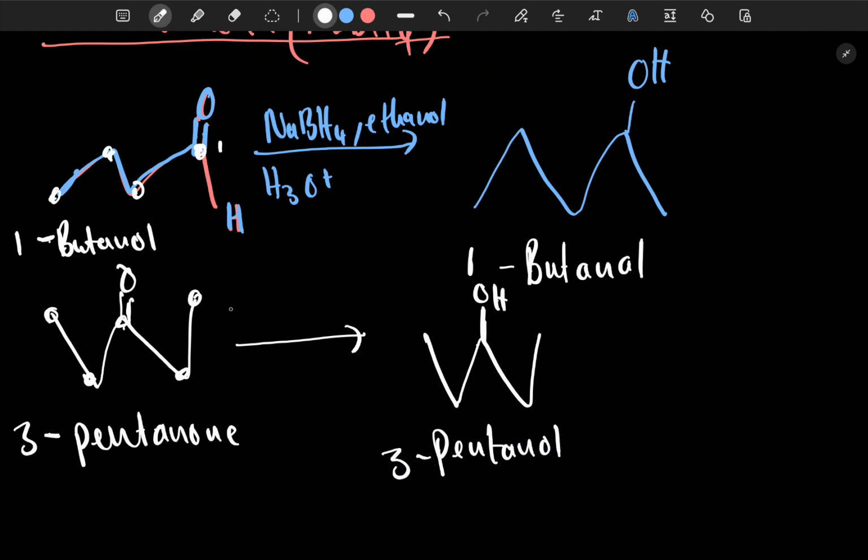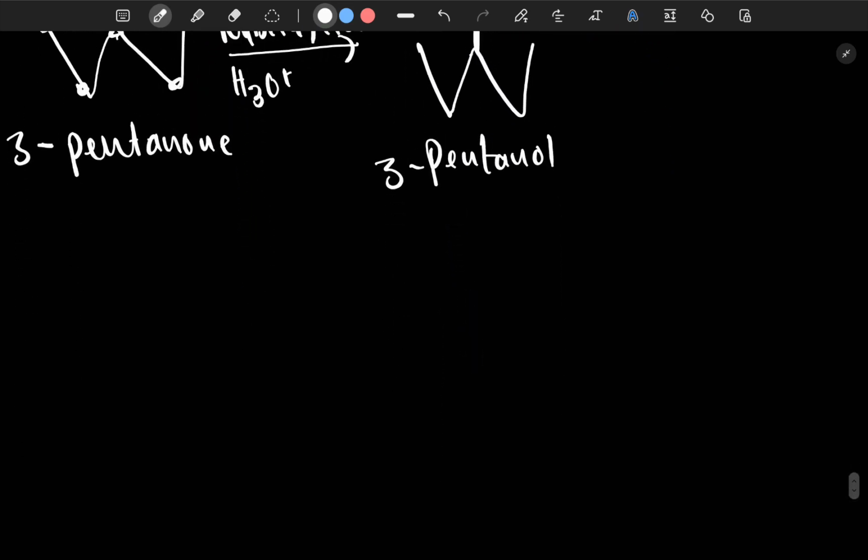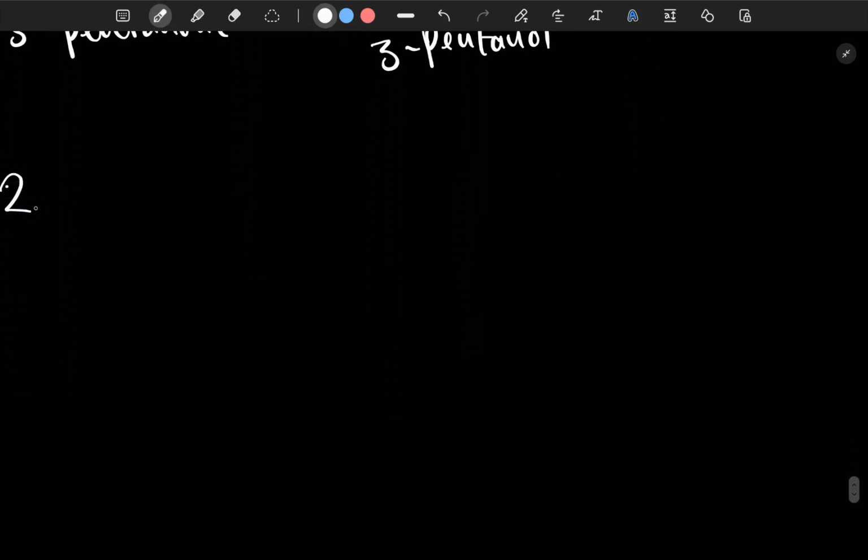You are done, okay? That is if you put NaBH4 in ethanol, remember with ethanol, and then you're going to put a little bit of acid dissolved in water. So that's it. That is what you have, okay? That's the first one, to reduce. Now the second one, another reduction, okay? Number 2, okay? Reduction